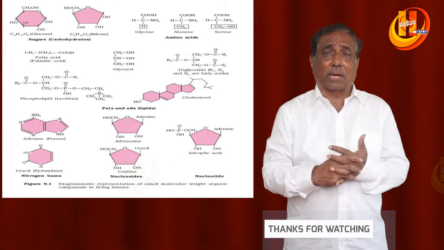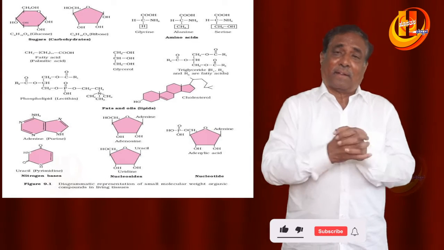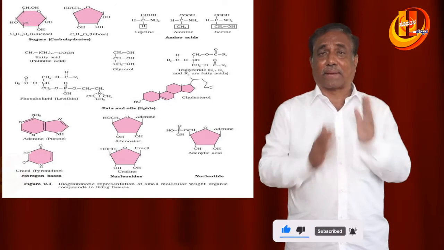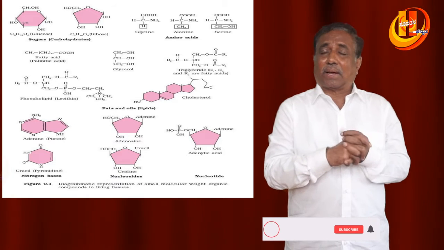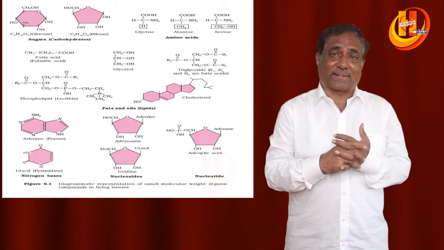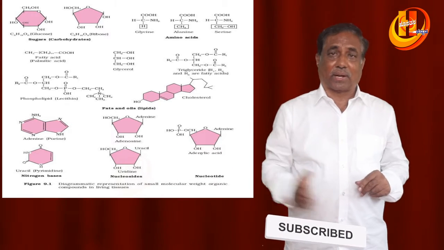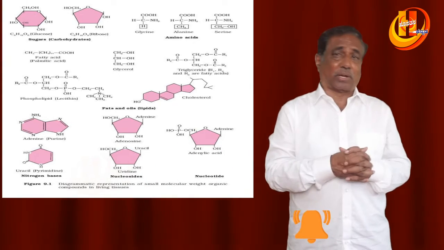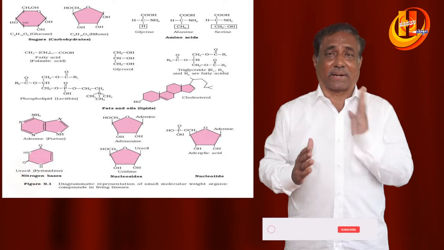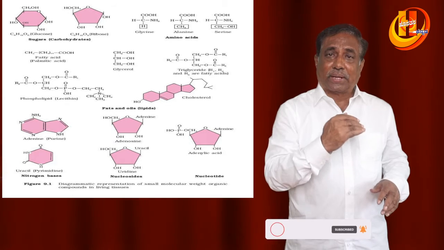Carbohydrates are broadly classified into sugars and non-sugars. Sugars are sweet to taste. They are soluble in water. Sugars are of 2 types, the monosaccharides and oligosaccharides. Monosaccharides contain a single sugar unit. Oligosaccharides have 2 to 10 sugar units. That you will study in detail in biochemistry. In chemistry, you will study about the monosaccharides, again aldoses and ketoses, triose, tetrose, pentose, hexose.